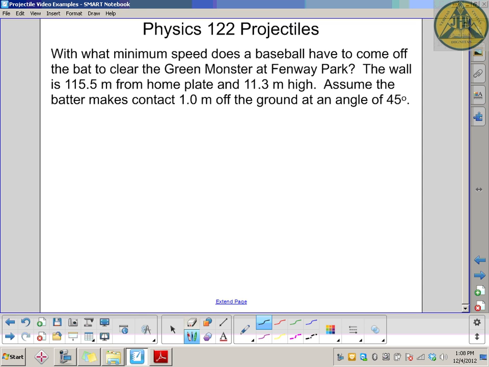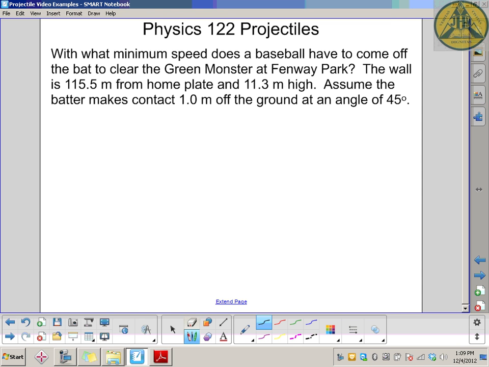Well, all right, another projectile problem, and then another kind of home run-ish problem, although the question's a little bit different. We're trying to find the velocity a ball has to leave the bat to be a home run, which proves to be a much trickier calculation than the previous video you might have watched if you're watching them in order. Okay, so what minimum speed does a baseball have to come off the bat to clear the Green Monster